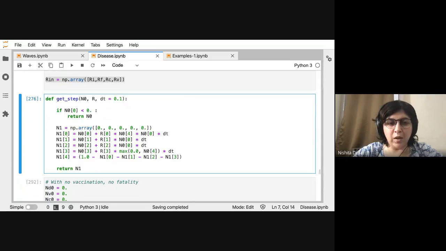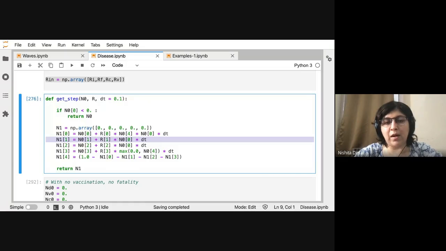So the new number of infected are the old number of infected plus R0 times the number of susceptible times the number of infected times dt. Okay, and similarly for the others, for the death, you have the death rate times the number of infected. For recovery, you have the recovery rate times number of infected.